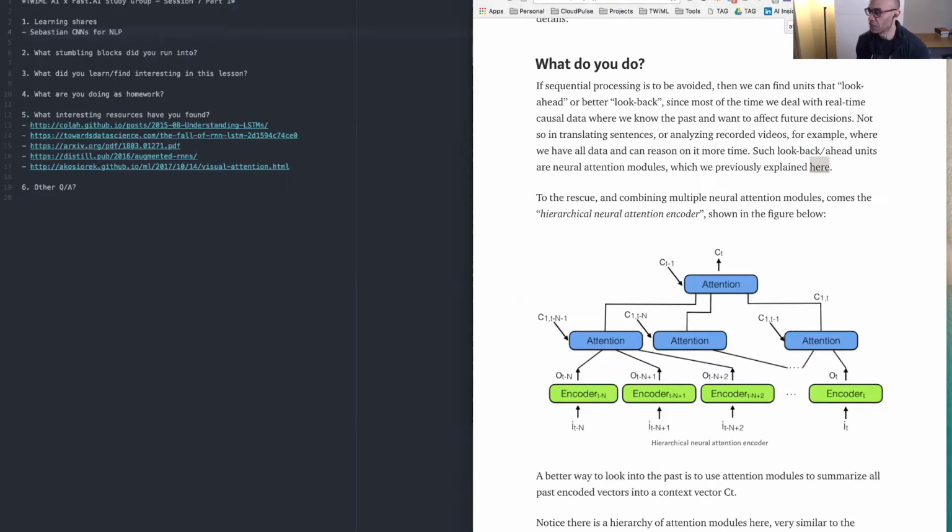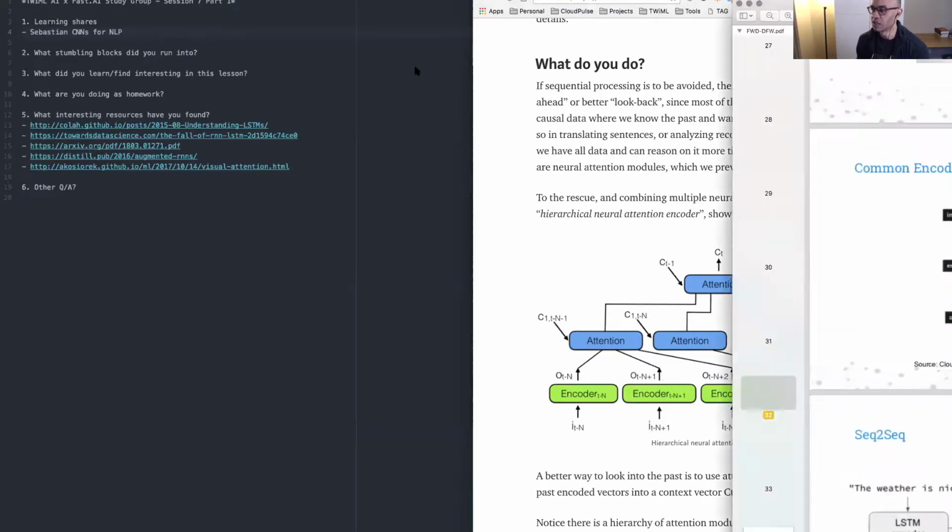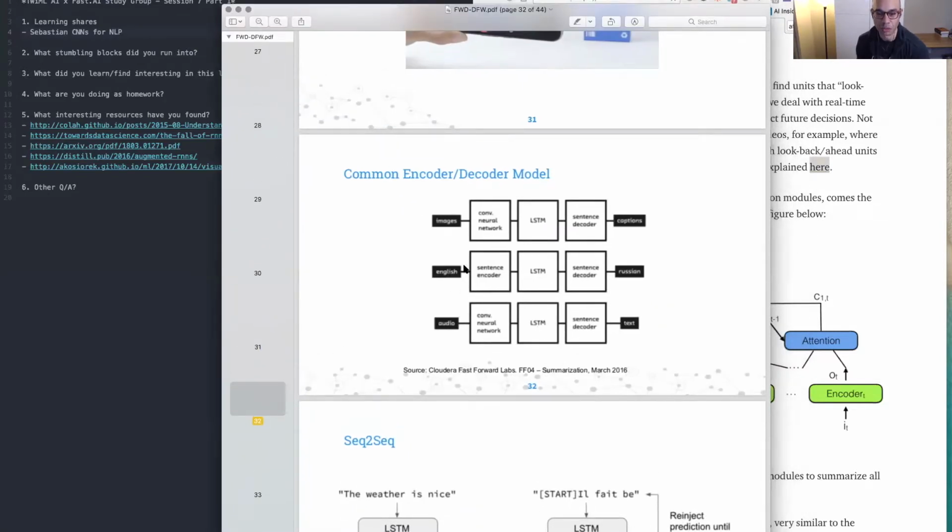The other thing I was thinking of when you were talking about the encoder decoder model was this slide that I use in a presentation. It's not just translating from one language to another, but this whole sequence to sequence or encoder to decoder model is used for a ton of different things. Here it's talking about image captioning and translation and transcription, but there are a whole bunch of other examples that use the same encoder decoder type of model.